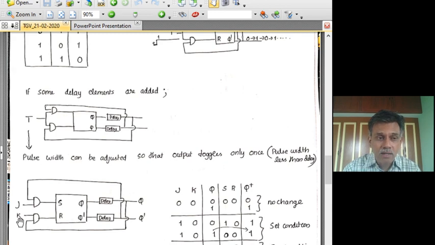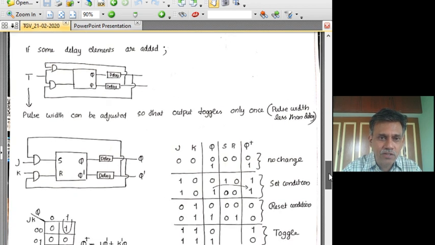But now we may wonder, are we returning to the original condition? Can these input conditions make S and R both 1, which is the forbidden condition we are trying to avoid? It will turn out that it still works in a safe mode, and we will still have the freedom to either set or reset the latch or toggle it. We will see how the J and K inputs let that happen. So naturally we will call it the JK latch.